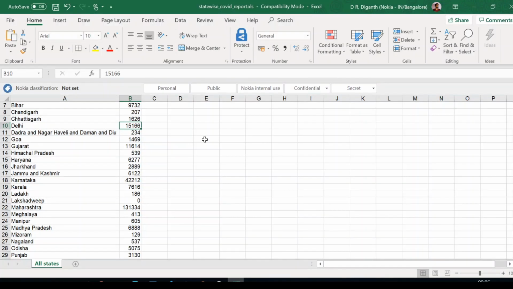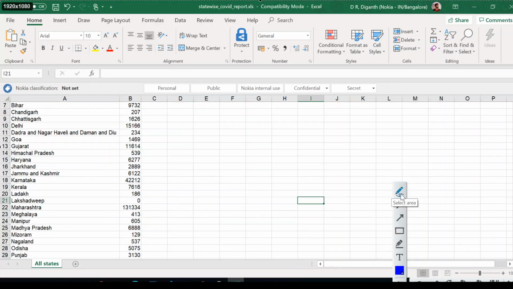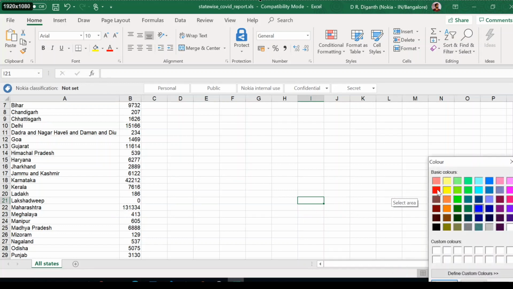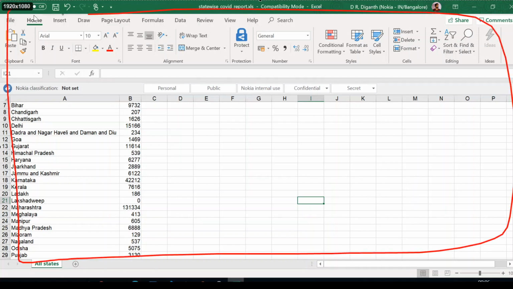Okay, so let me just go into drawing mode. So this Excel sheet, the entire Excel sheet, the full thing is a file. Okay, we know this already.